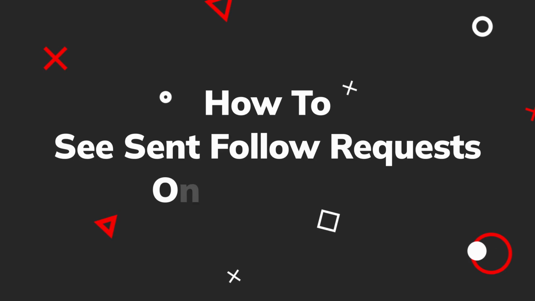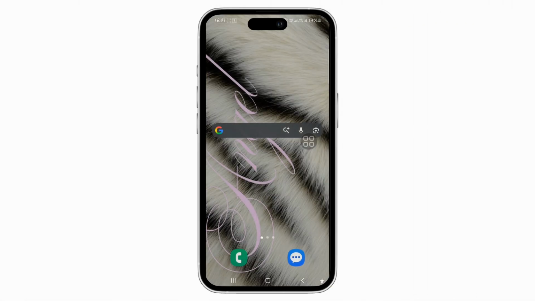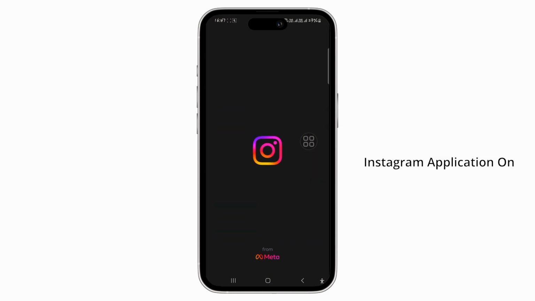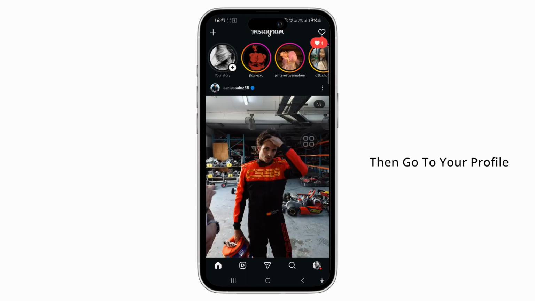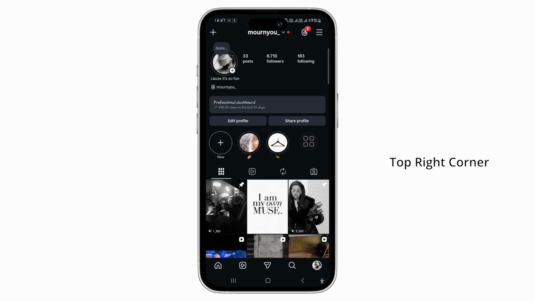Here's how to view or see the follower request you've sent on Instagram. So first, you need to go ahead and open the Instagram application on your mobile device. Then go to your profile picture icon and tap on the three lines in the top right corner to open